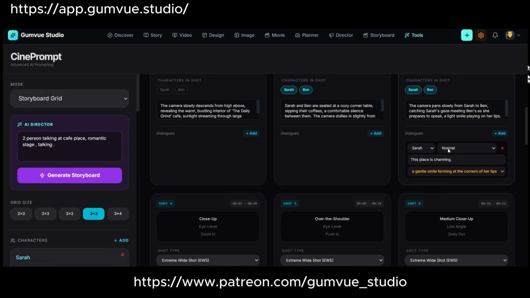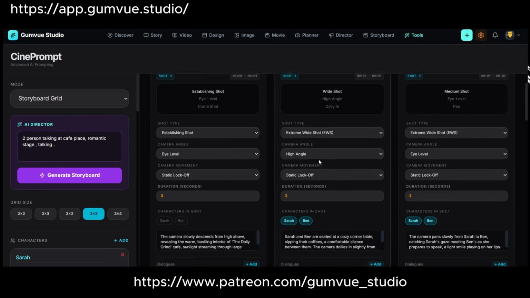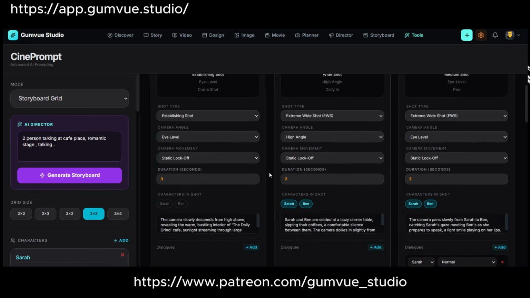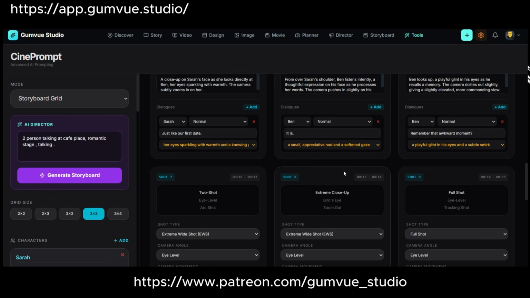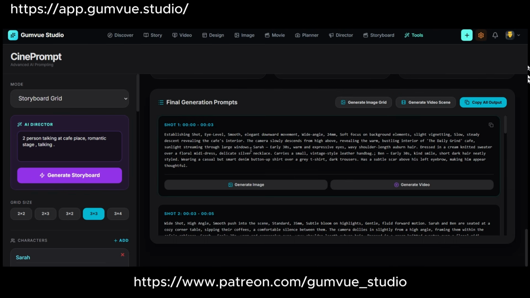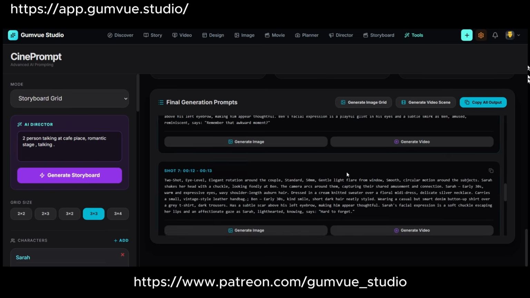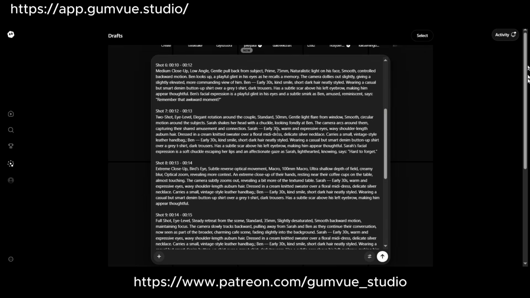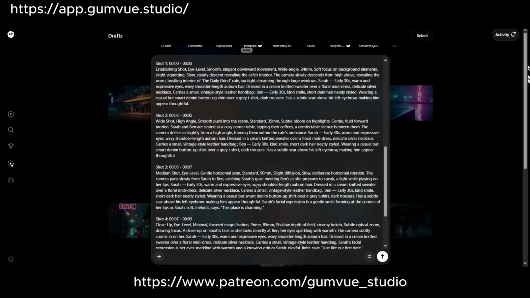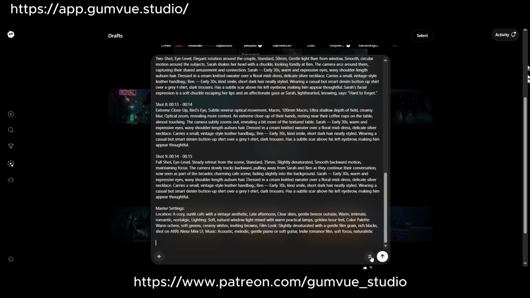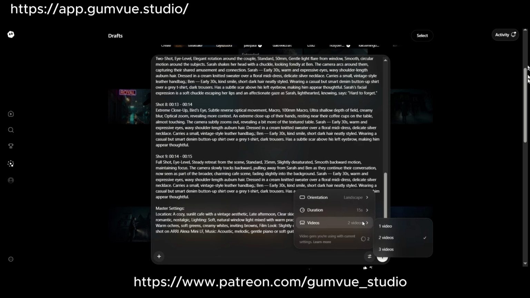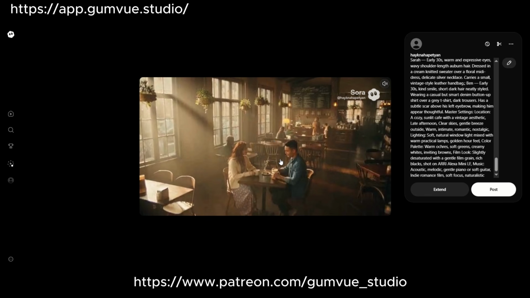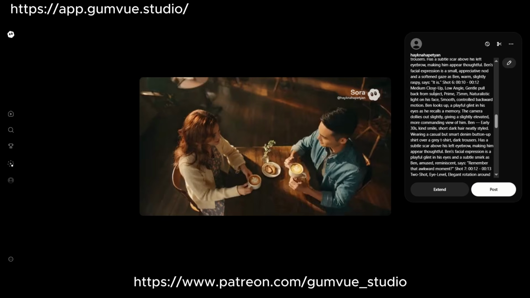Here you have dialogues, expressions, and camera shot types, so you can also click and change these. Right now it generates like this, so I will copy and paste. You see I've done nothing here, just copy and paste. Okay, generate. Great. So here the video is ready. As you can see, we have the prompt that we copied.